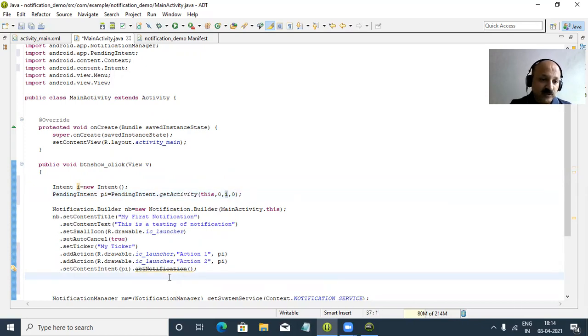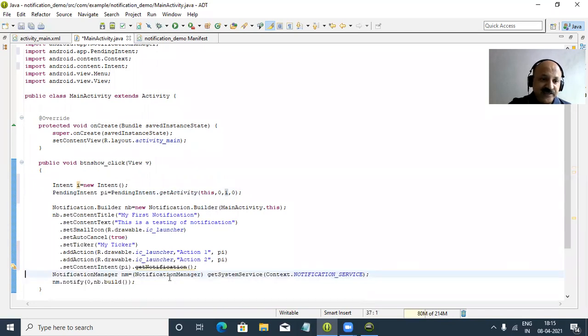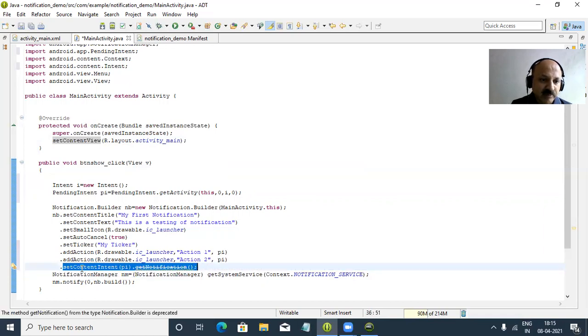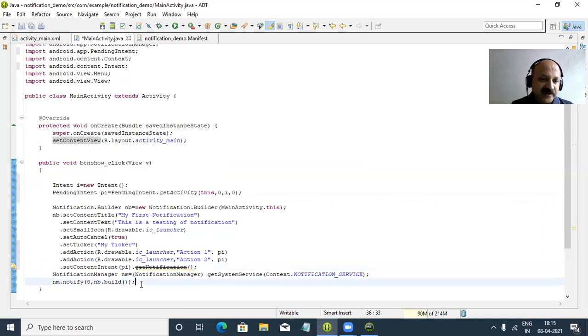So now that process, that attachment: you can look here in set content view that R.layout, so our main activity's activity_main layout is bound to our activity, and in the same way here our two attachments are bound to our notification. The same way here the method is setContentIntent, and we can pass the pending intent reference and then get the notification.